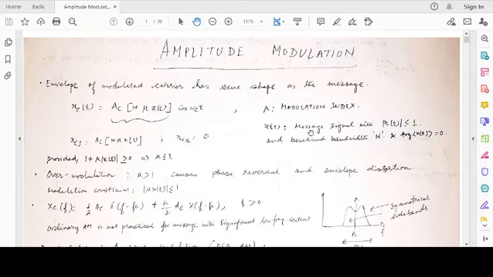Let's say we have a message signal x(t). Throughout the course, we will have a normalized message signal, such that it is bounded between -1 and +1. So |x(t)| is less than or equal to 1. The message baseband bandwidth is considered to be W, and if we remove the DC, the average of x(t) is equal to 0. So basically the message signal is not only normalized but also the DC is removed.